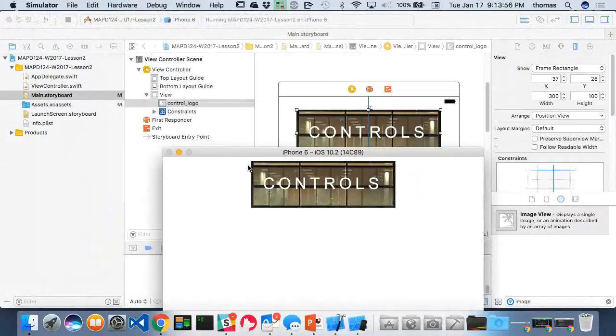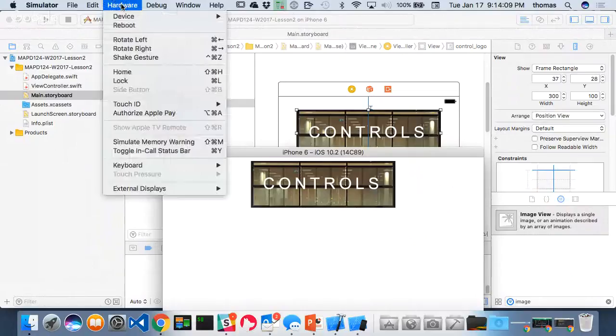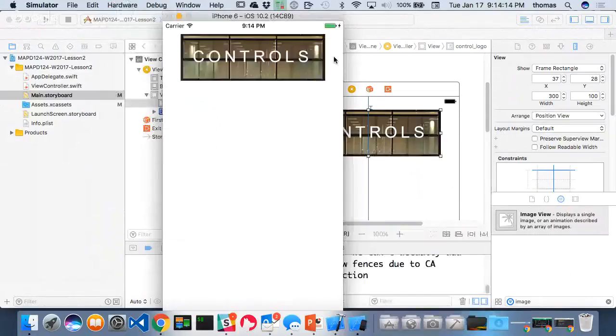But what about if I want to make this bigger, right? I've got to go into size classes. If I want to make this bigger, maybe my logo, so it's really big on this size for whatever. I don't want to, but I'm saying, right? Okay. So it looks like no matter what I do here, what about if I change iPhones? Would it still work? Well, yeah, because I've just selected the